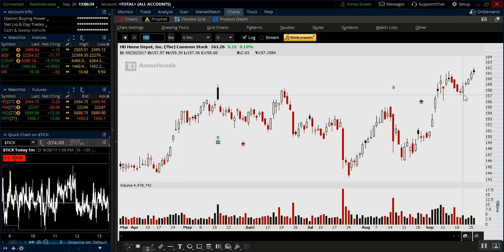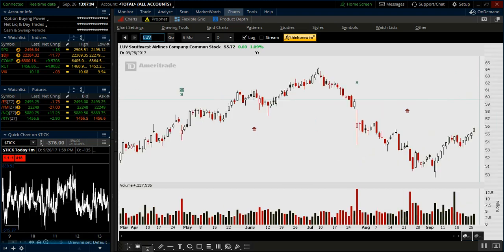So in this case, the 20th of September was the entry candle that gets us into the long trade, and that allows us to get in, not chasing highs, but rather letting the market have a little bit of a breather. And this is a much lower risk entry point than if we were to just chase the market at highs. If we take a look at another example, that being Southwest Airlines, we can see the same thing